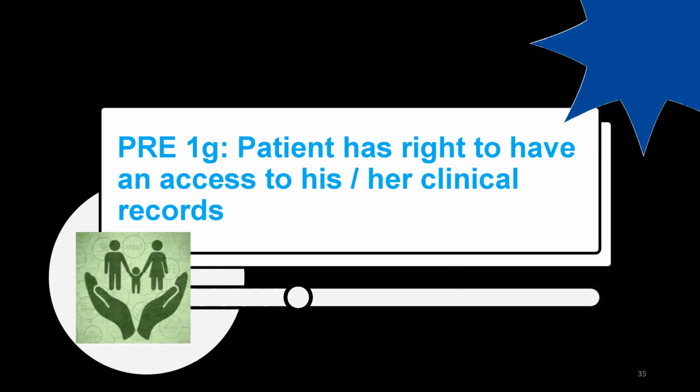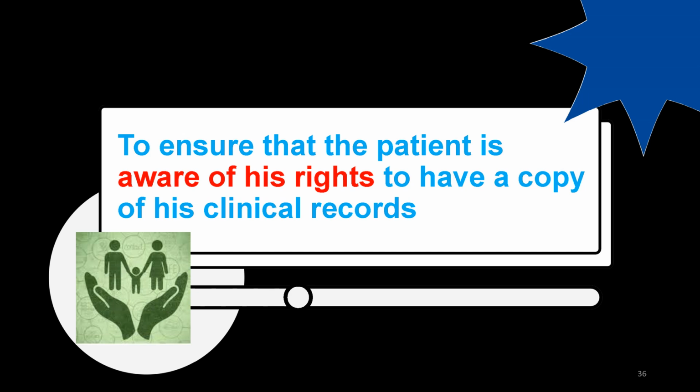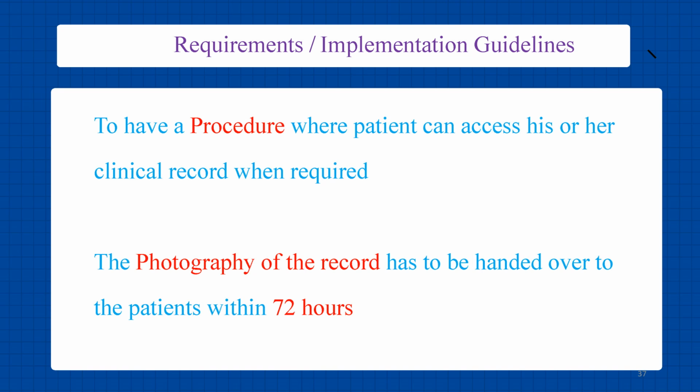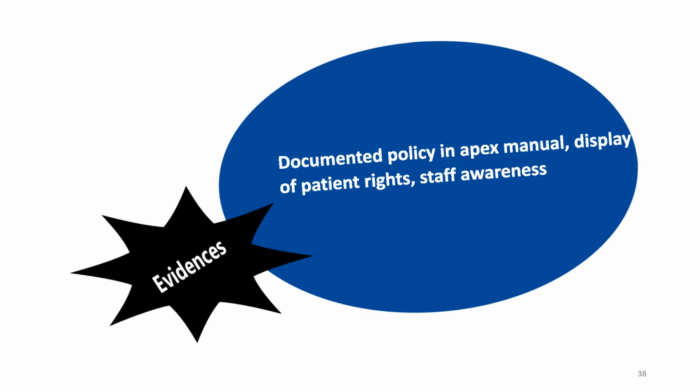The patient has a right to have access to his or her clinical record. To ensure that the patient is aware of his rights to have a copy of his record, have a procedure where the patient can have access to his or her clinical record when required. A photocopy of the record has to be handed over. Document the policy in the Apex manual, display of patient rights and